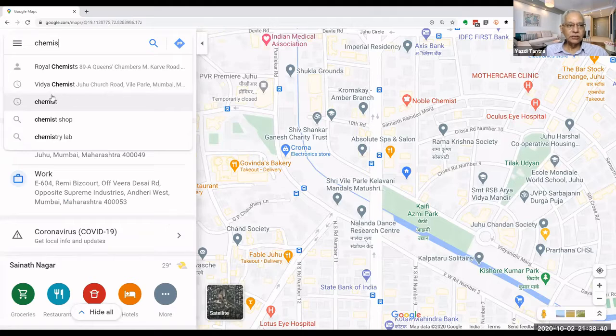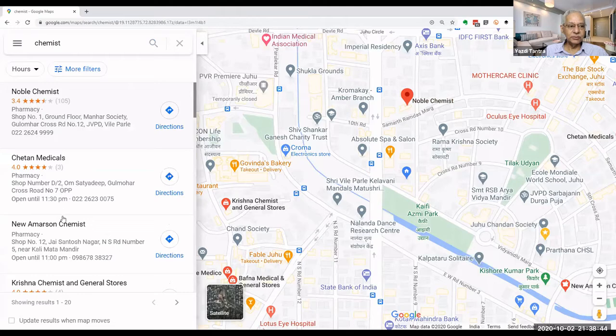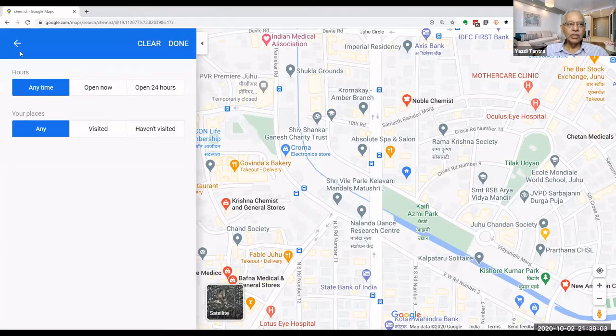Okay, so it will say Noble Chemist is close enough, Chetan Medicals, New Amerson, Krishna Chemist, and I can click on the directions and I can filter it by any field. I can say chemists which are open now, which are open 24 hours, or I can say anytime. And there are so many more filters.